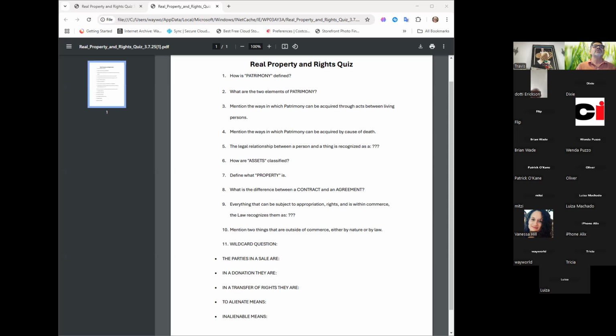An agreement is when two or more people want to transfer or modify something. It could be signed or not. You know what I mean?